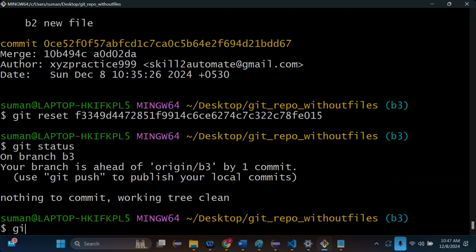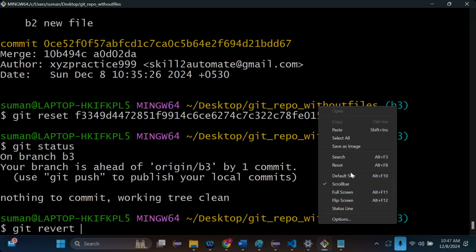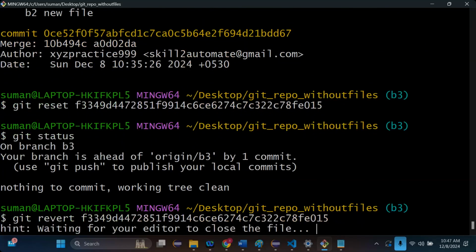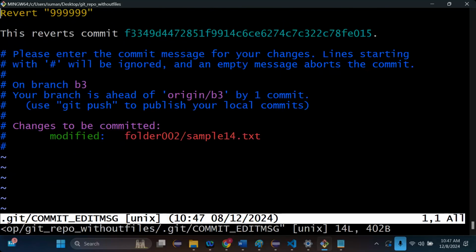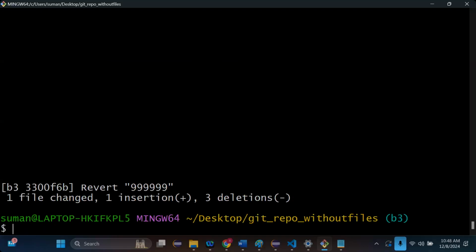Okay, then I need to use git revert and that commit ID. Now what it is showing? It is again reverting that particular commit which you wrongly committed, again you want to revert it back. Okay, so again I can say :wq. It came out. Now again if I check git status,